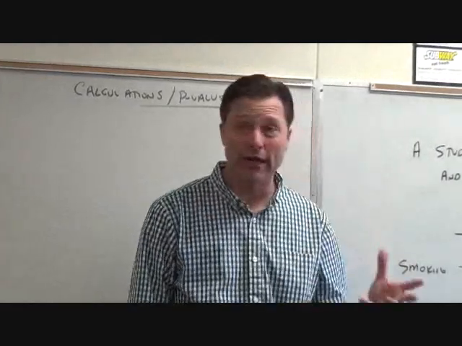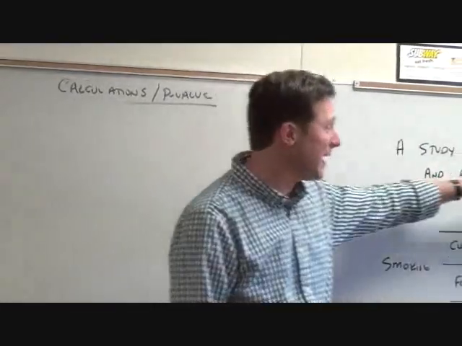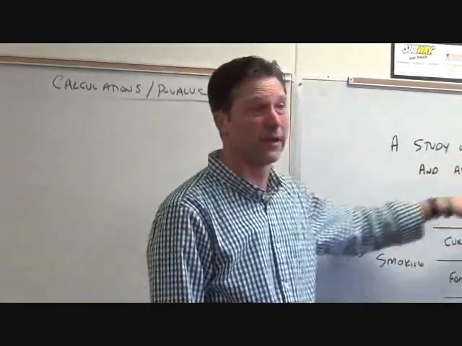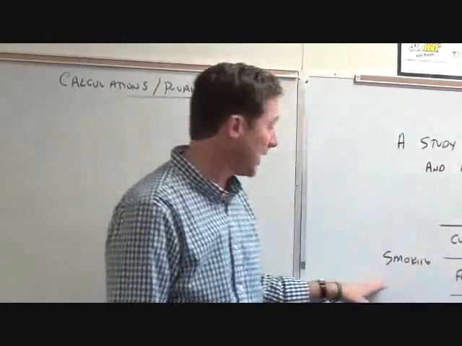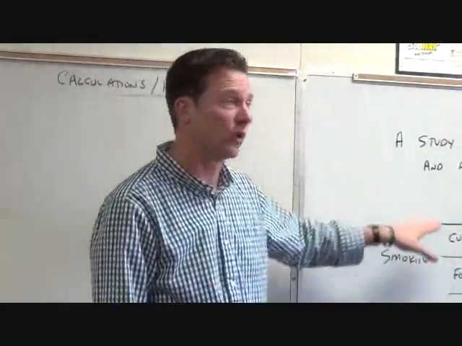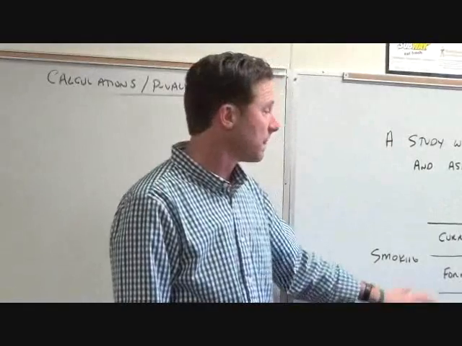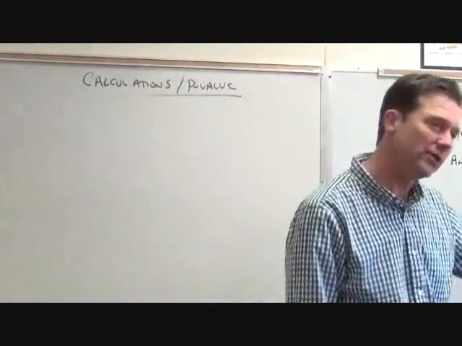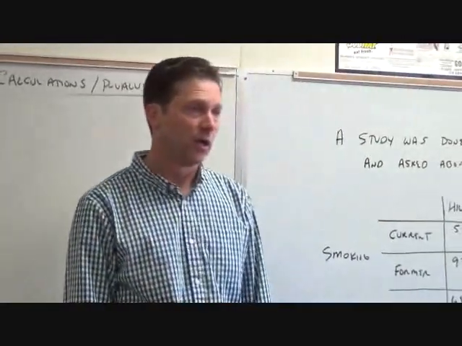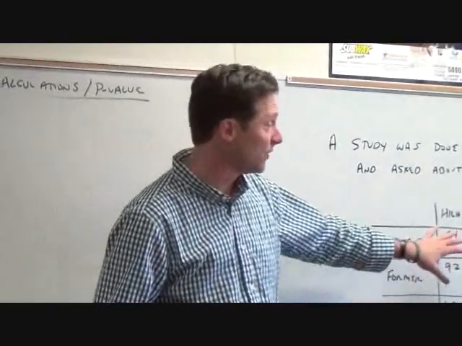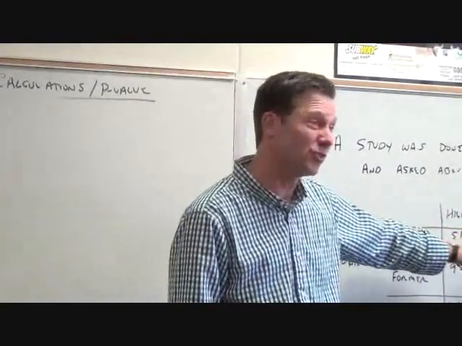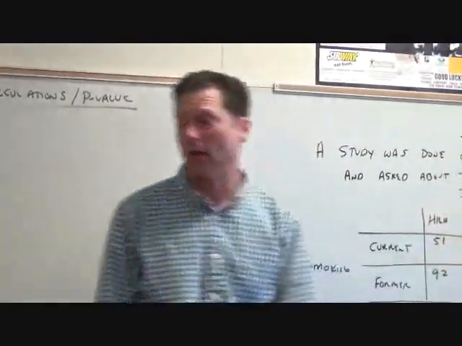Okay, today we're looking at a situation where we have two main population parameters: how much money someone makes, and whether they smoke or not, each one having 3 different levels. And we're trying to determine, is there a relationship here or not? So I asked you to draw a picture of this situation that maybe best describes to see if there's a difference or not. Open up your books to page